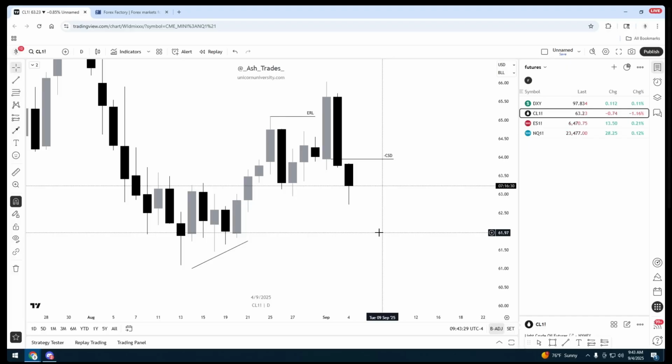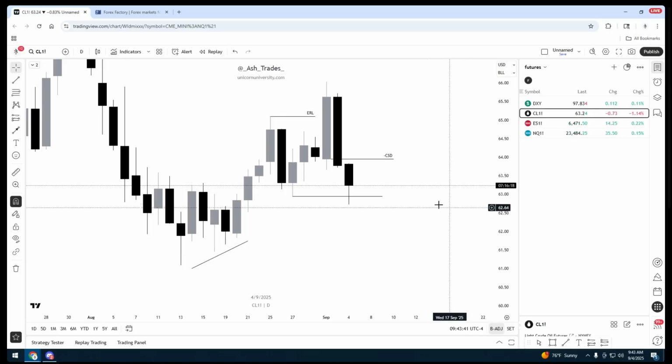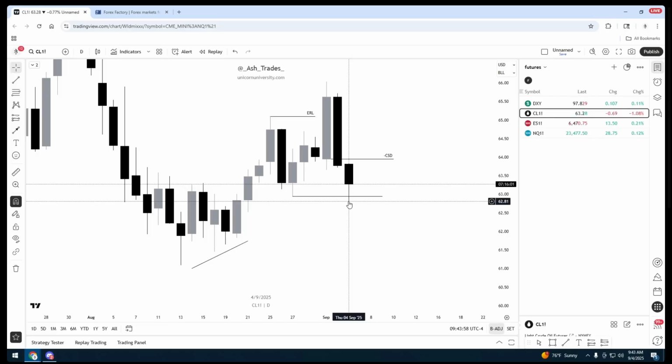So the information that I'm looking for is what happens at this low. We've spoken about this in many other live streams, so a lot of people already know this, but if you are just now joining, the reaction that occurs at these locations is very important. I want to be bearish when price is above a swing high or inside of a bearish FVG. I want to be bullish when price is below a swing low or inside of a bullish FVG. Looking at the candle's reaction that occurs at that location can be a form of confirmation.